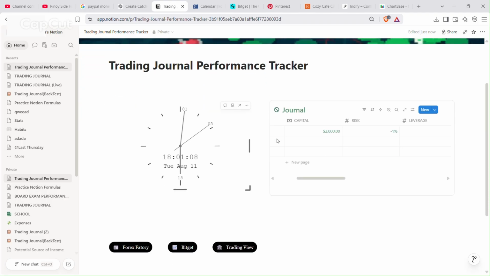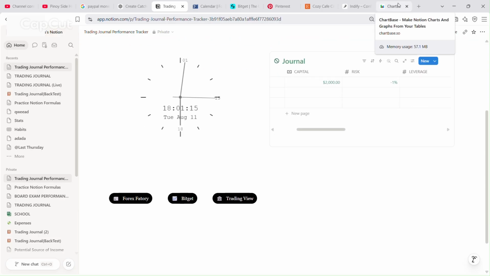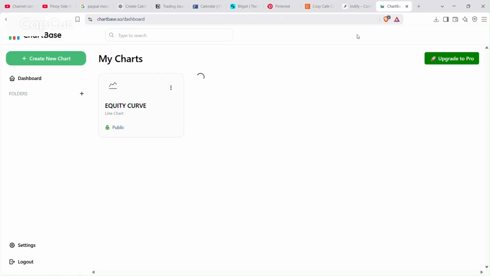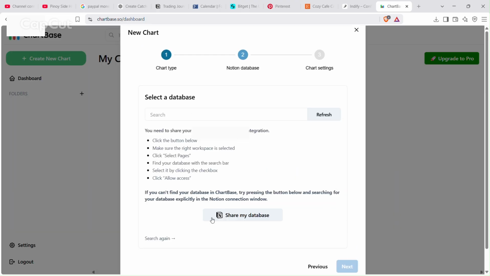And then I will add another widget, which is Chartbase. So let us go to Chartbase. I will delete this one so I can add another. Couldn't find your database. Share my database.